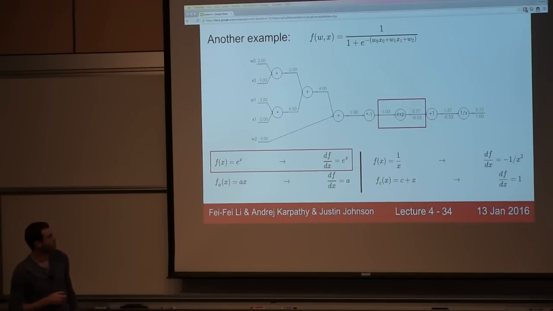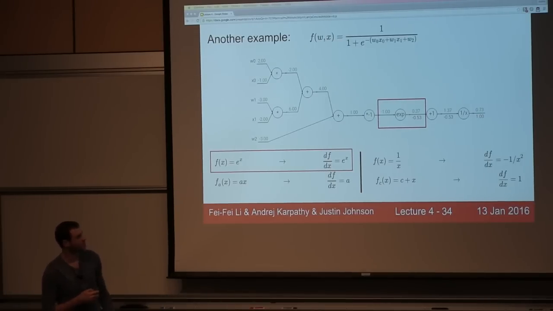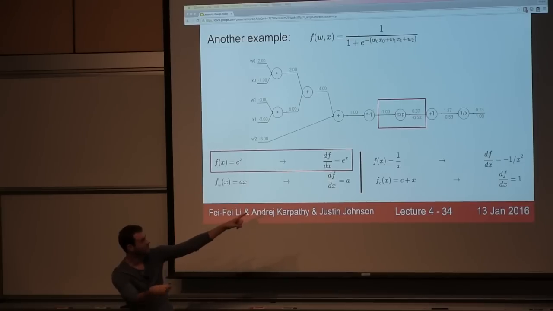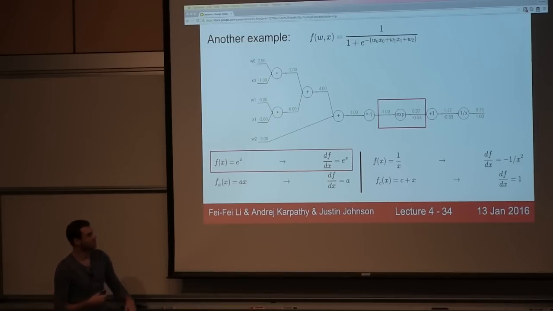Okay, we continue derivation here. So the gradient of e to the x is e to the x. To continue backpropagation, this gate saw input of -1. It right away could have computed its local gradient. And now it knows that the gradient from above is negative 0.53. So to continue backpropagation here and applying chain rule, we would receive,